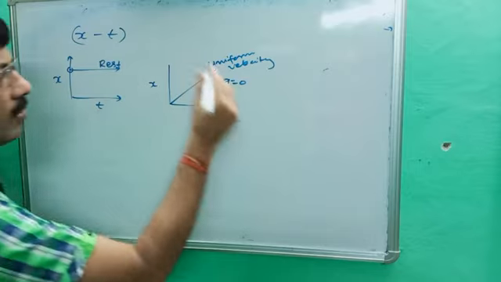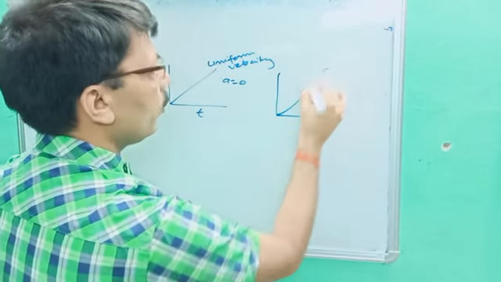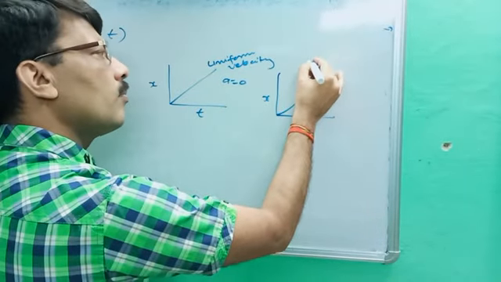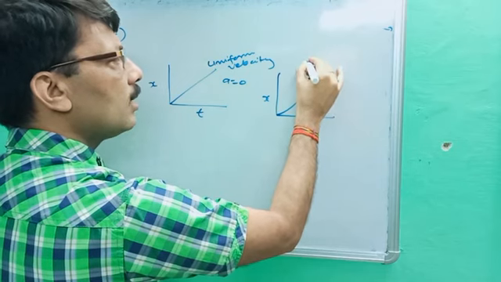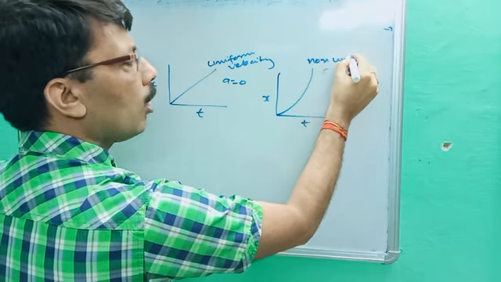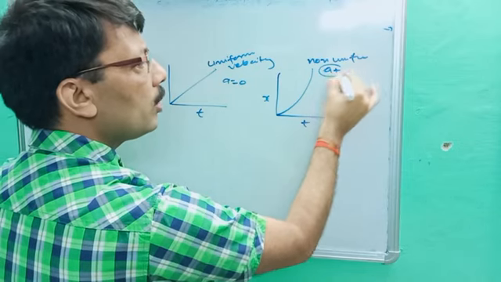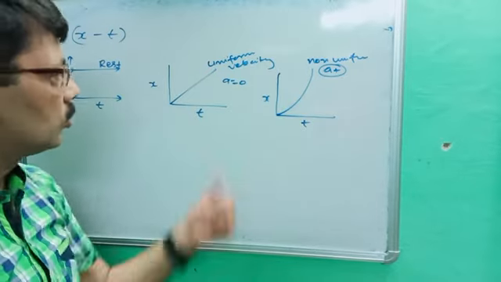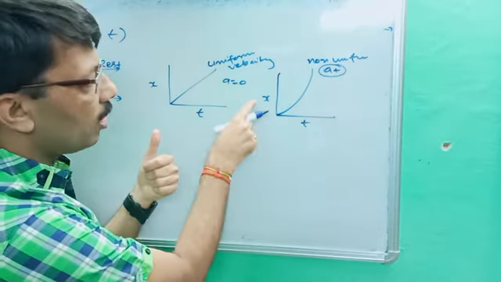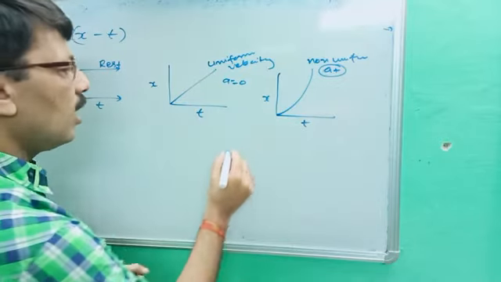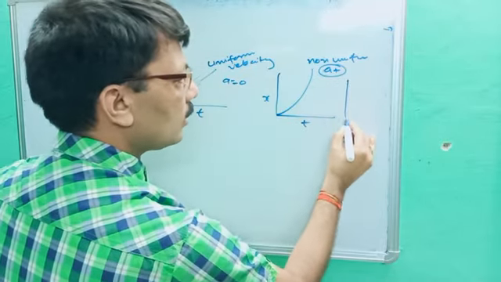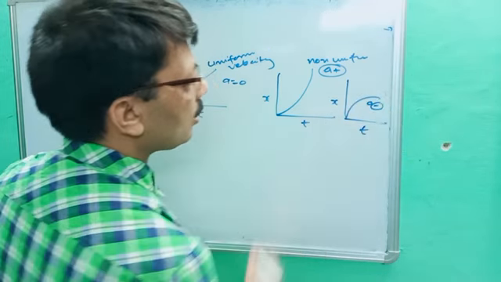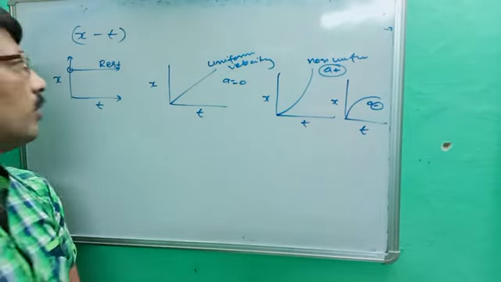This is again for the xt graph. Next point, you are getting an xt graph like this. This is called non-uniform motion or positive acceleration. Non-uniform motion, and acceleration will be positive. You had better know there are three types of acceleration: positive acceleration, negative acceleration and zero acceleration. So that was zero acceleration, and this is called positive acceleration, for which graph? The x and t graph. And last, if you are getting a curve like this, this is x, this is t, this is called negative acceleration. So this is all about your xt graph.